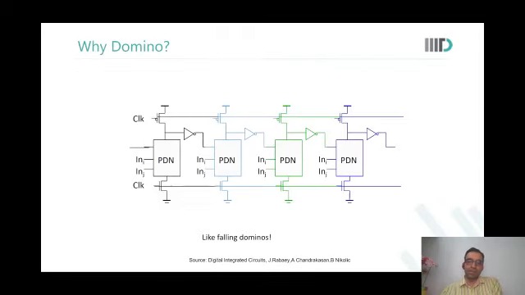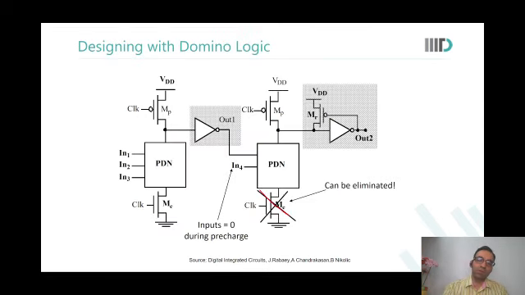Now, look at it like this. Over here, if I know that only after this comes here will this gate be evaluated, do I even need a clock over here? So what we say is, let us remove the footer of the subsequent stages. When we remove the footer of the subsequent stages, we are able to reduce some NMOSes also. We can reduce the size of the NMOSes in this stack also, and therefore gain further area. Are you able to see this?